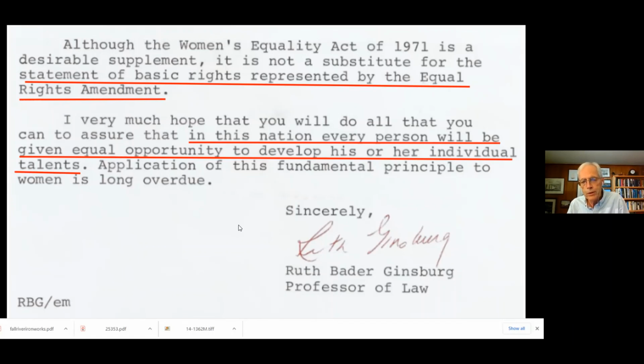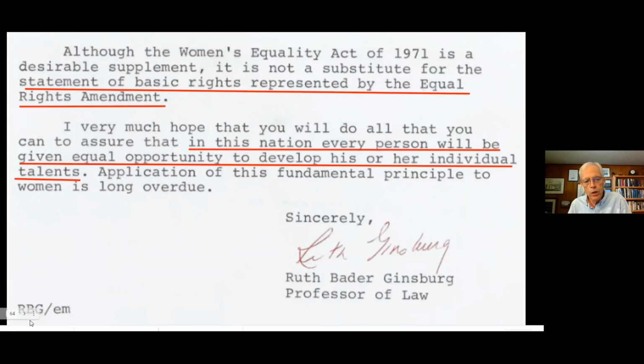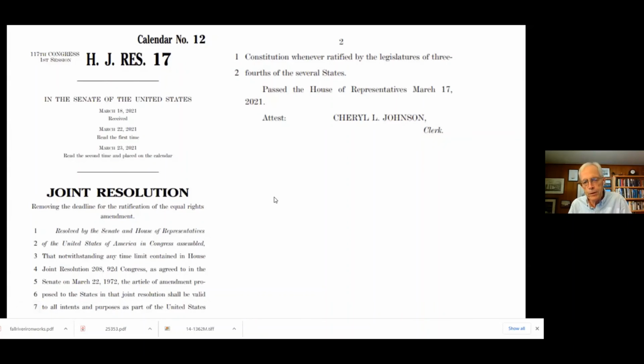So she says, we don't just need legislation. We need to assert this fundamental principle. I don't know how your students would feel about that, whether an ERA is necessary or not, but you have an opportunity to engage them in a conversation about it, because March 22nd, 2021 saw the introduction of the joint resolution you see on the screen here, which would remove the time constraint from the ratification of the ERA. As you know, it was passed by Congress and sent out to the states in 1972 with a 7-year time limit. The time limit expired before a sufficient number of states could ratify.